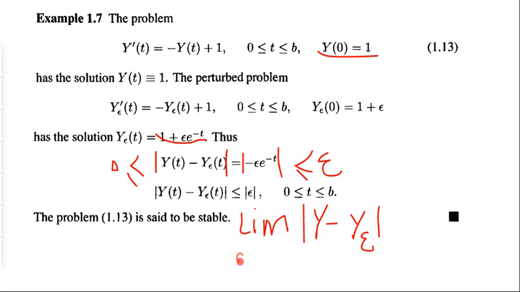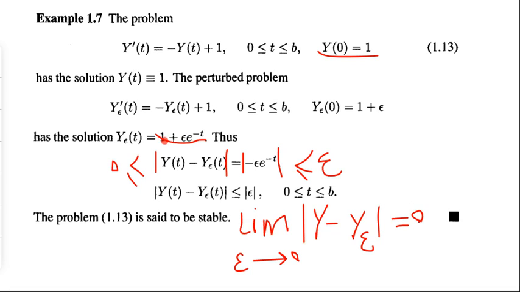When epsilon goes to 0, from the famous sandwich theorem, you can conclude the absolute value of y minus y epsilon will go to 0. So this problem will be stable. A small change in our data, in our initial value, will cause some small changes in our solution. So our problem will be stable,